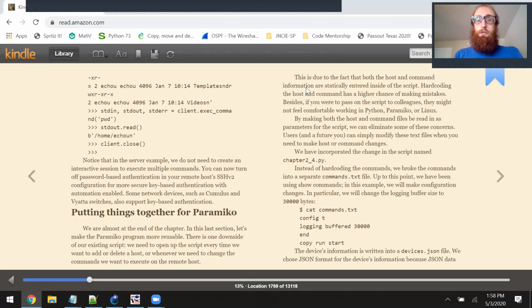Hard coding the host and command has a higher chance of making mistakes. Besides, if you were to pass on the script to colleagues, they might not feel comfortable working in Python, Paramiko, or Linux. By making both the host and command files be read in as parameters for the script, we can eliminate some of these concerns. Users and a future you can simply modify these text files when you need to make host or command changes. We have incorporated the change in the script name